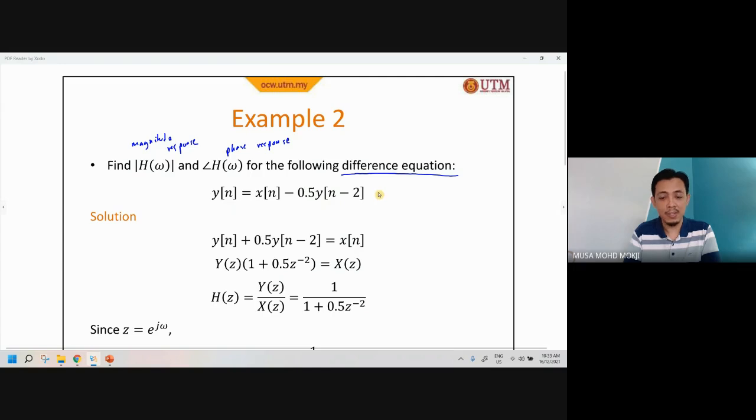Okay, IIR. So this is infinite impulse response. Because actually, by just looking at this, we can guess that this is infinite impulse response because we have this one. For FIR, normally we don't have this one. What is this? This is an output sequence other than y[n]. So y[n] is always there, but now we have an additional output sequence, which is y[n-2], a delayed output by 2 samples. By looking at that, we know that this is actually IIR.